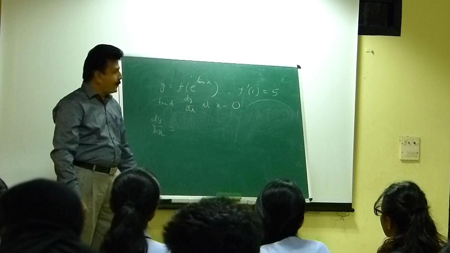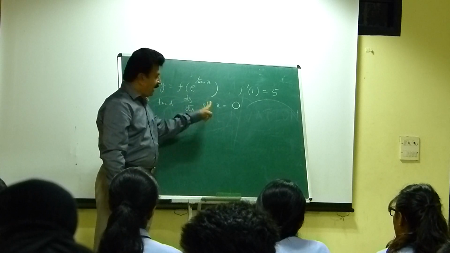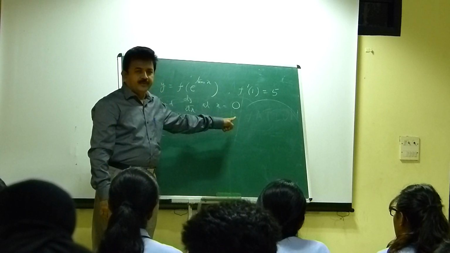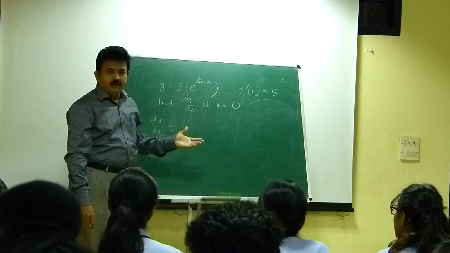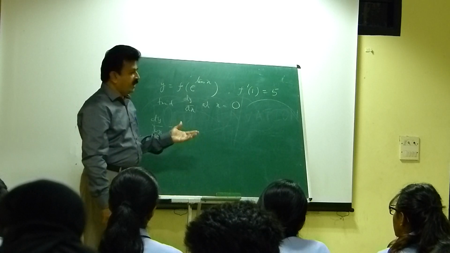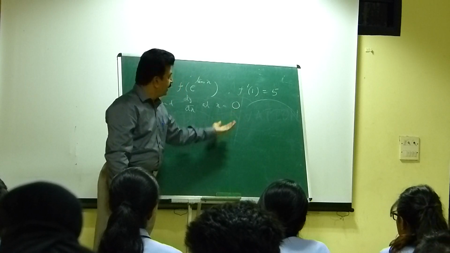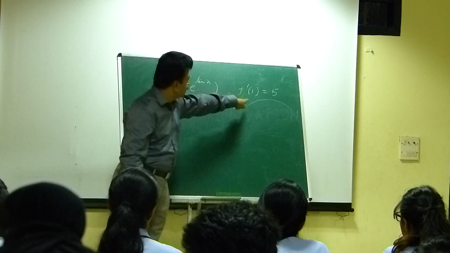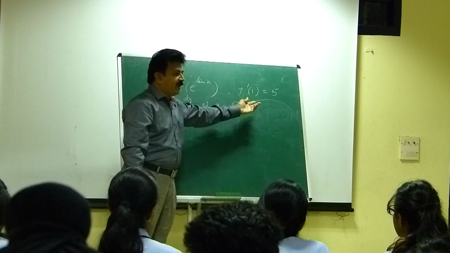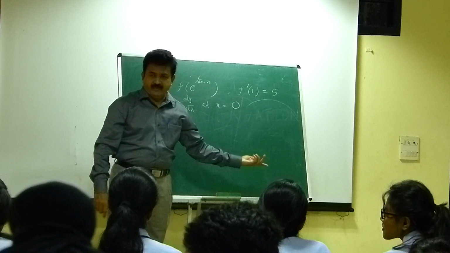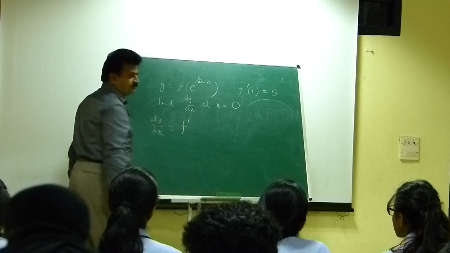The first puzzle that comes to the mind of the student: the question is to find dy by dx at x equal to 0. So the student expects, could they not give f dash of 0? Why have they given f dash of 1? Sir, here x naught is 1. What is the meaning of f dash of 1? F dash, that is df by dx, is 5 at x equal to 1. Okay, let's go ahead.